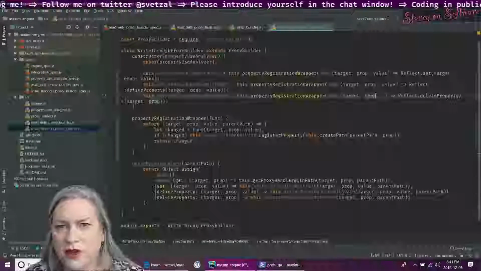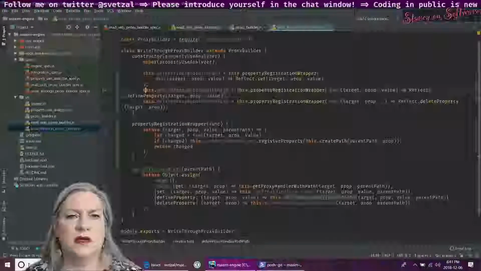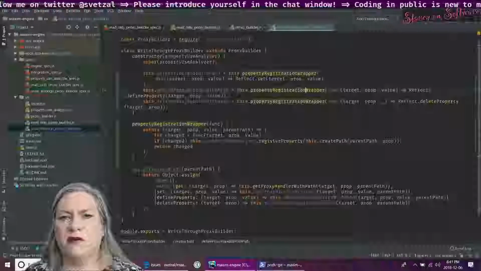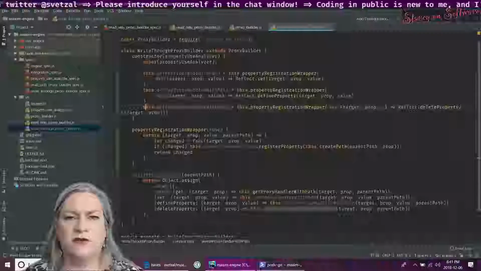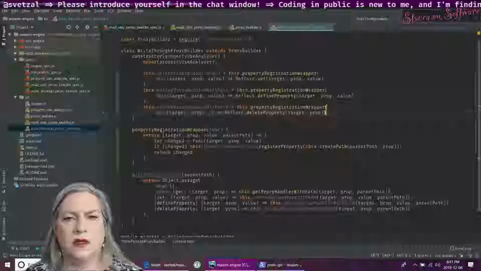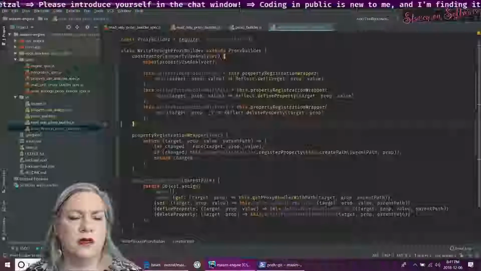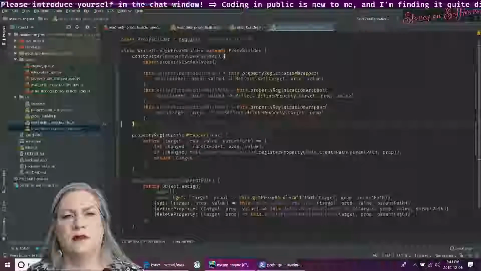If I was worried about line length, I could pop that down and wrap it a little bit. Is that readable for people? Maybe.